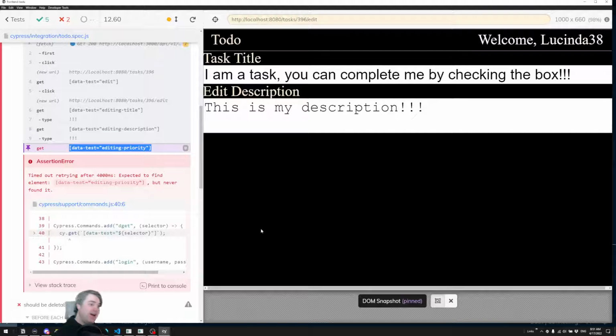Okay, so we now have our description and it's looking pretty decently good. We next need to get an editing priority. A priority can be an A, B, or C. It's just going to be basic character. Although it is a string, to display it out, I'm thinking a select